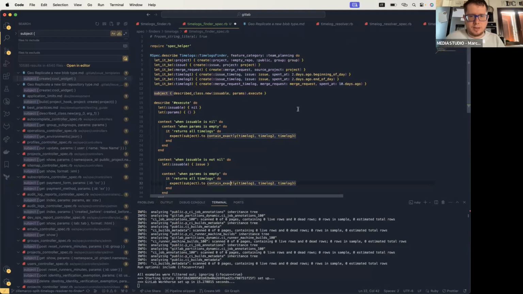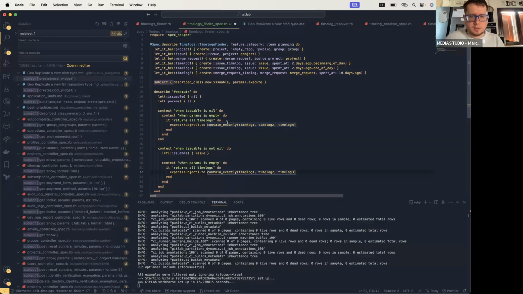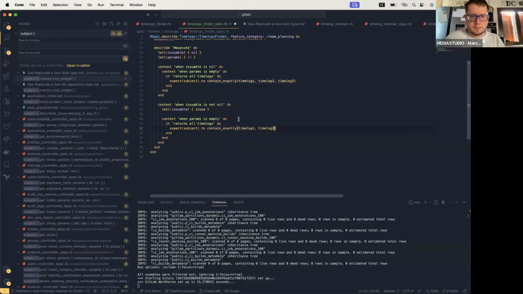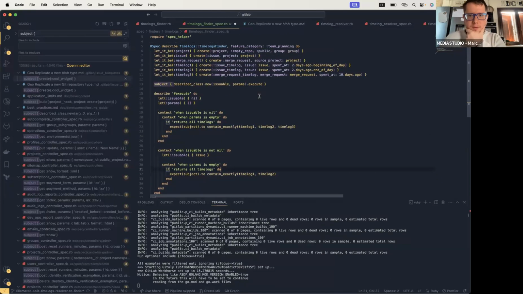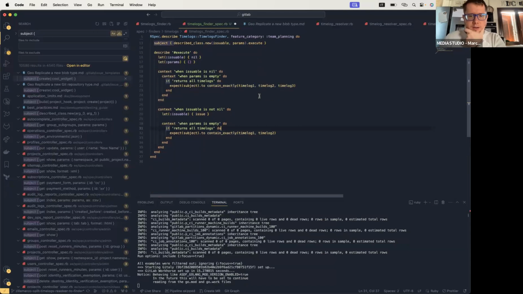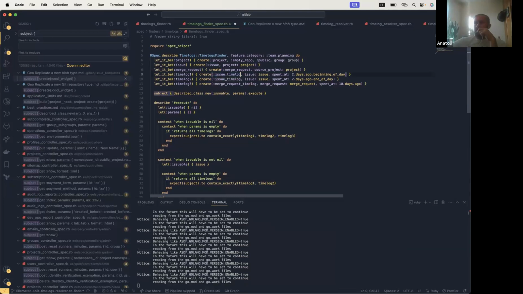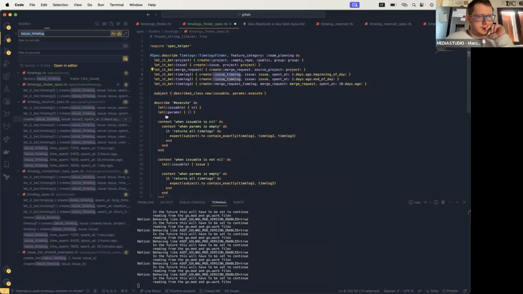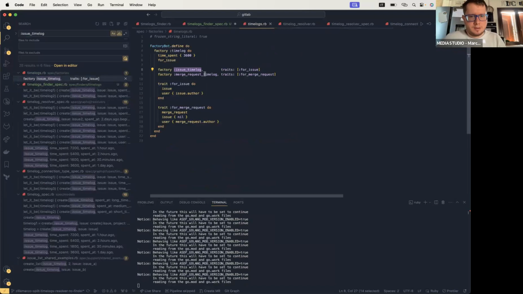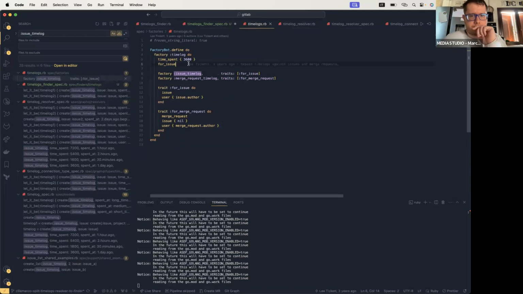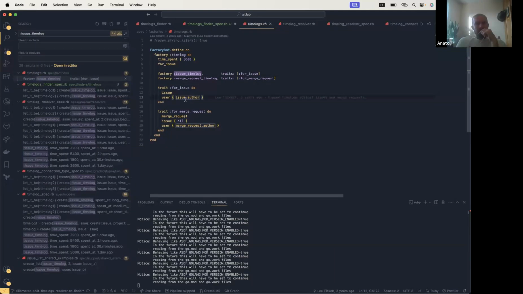This should contain only time log 1 and 2. And can we create time logs for other, for issue, for merge request? Could create